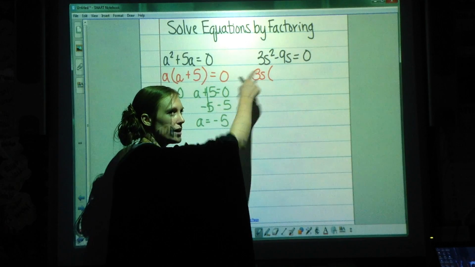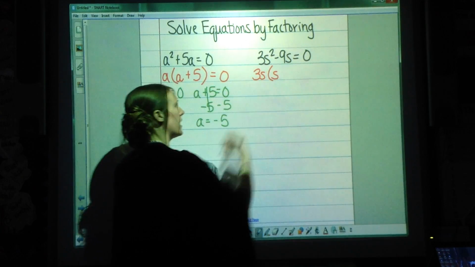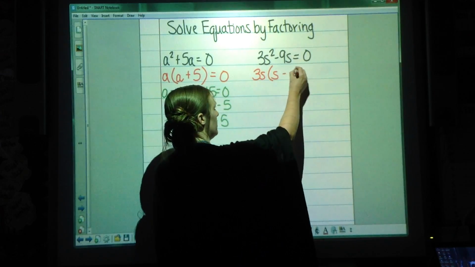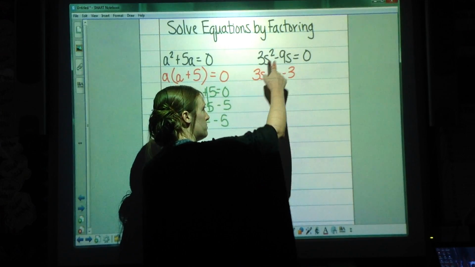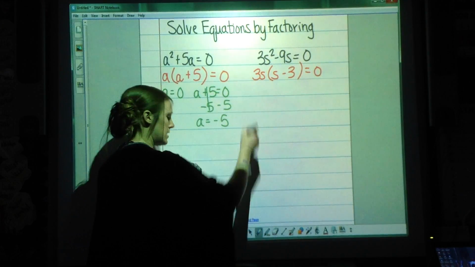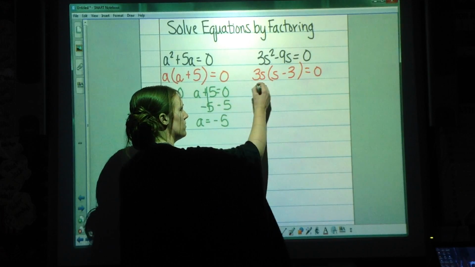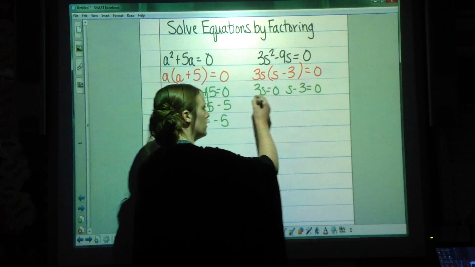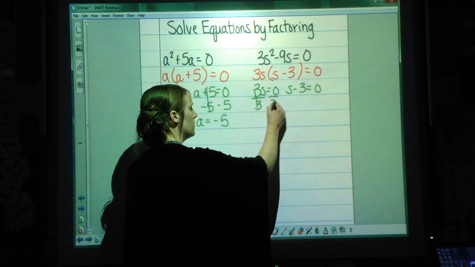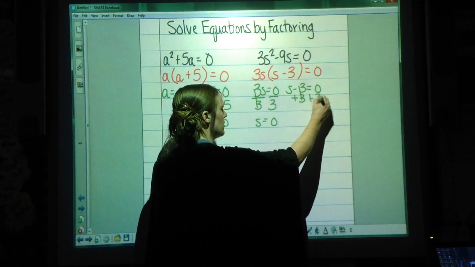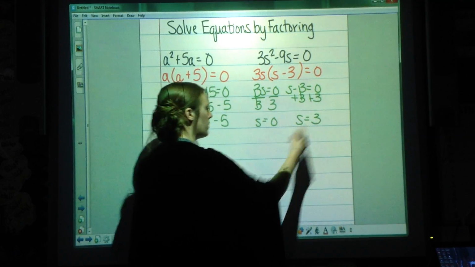S squared divided by s, 2 minus 1 is 1s. Negative 9 divided by 3 is negative 3. S divided by s, 1 minus 1 is 0, so I don't have any s's there. Set both quantities equal to 0. So my two answers